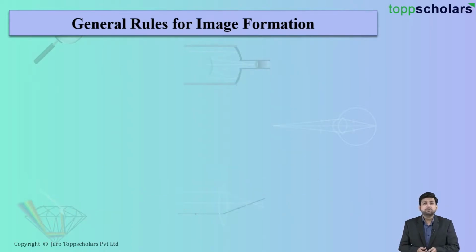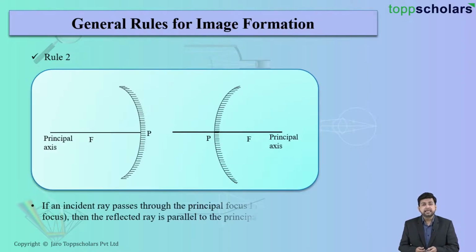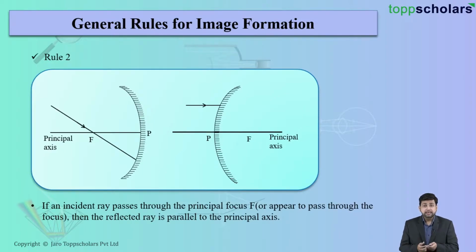Exactly. Now let's move on to your rule number 2. Suppose students, imagine I am considering a ray passing through the focal point, for example here, then the reflected ray will be parallel to the principal axis. When the ray passes through the focal point, the reflection will be parallel to the principal axis. So this is your rule number 2. It's applicable for both the concave mirror as well as the